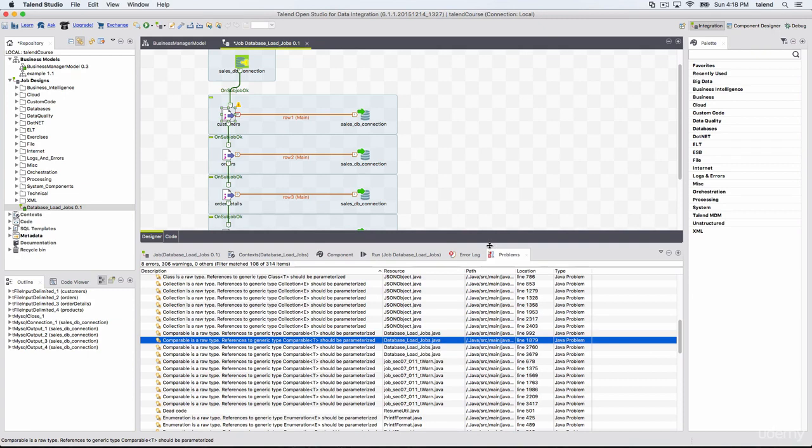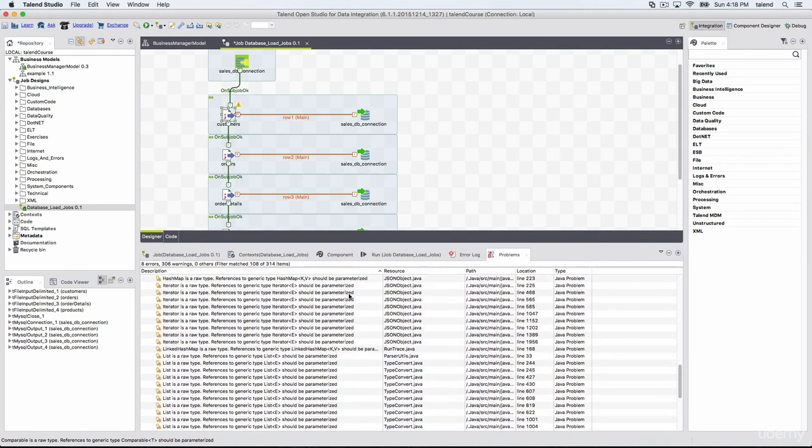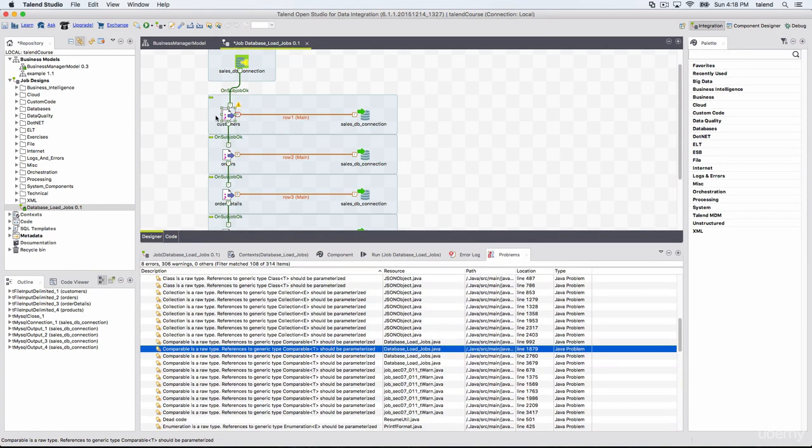The Problems tab displays different errors or warnings with your code. So when we removed the schema for this particular component, it shows me the warning that no schema has been defined yet. So you can go to the problems and see the job resource name or job name.